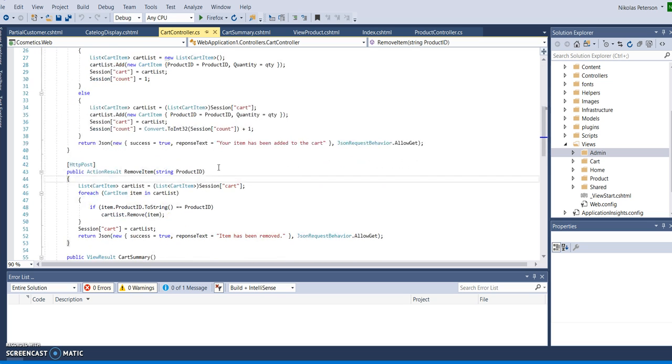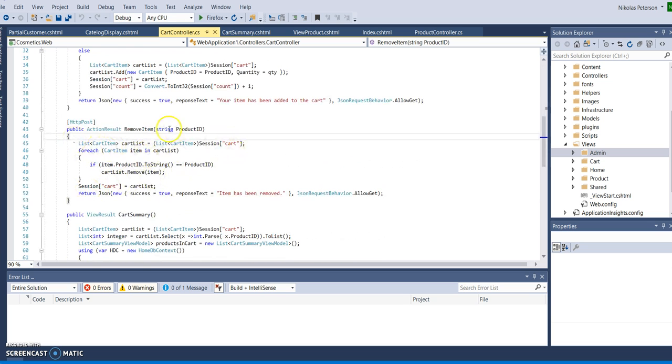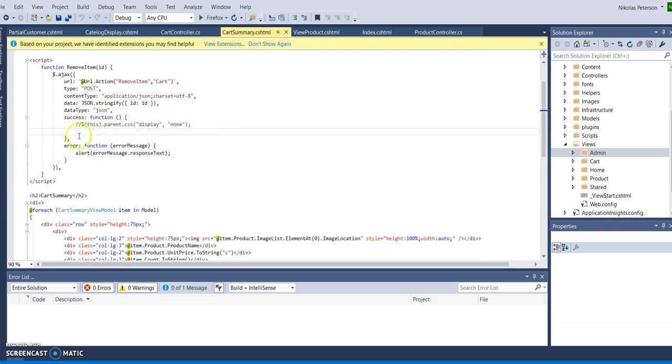I was just going to remove it from my session variable here, and I was going to have the Ajax in here. I was just trying to have it basically hide the line or the div that was going to